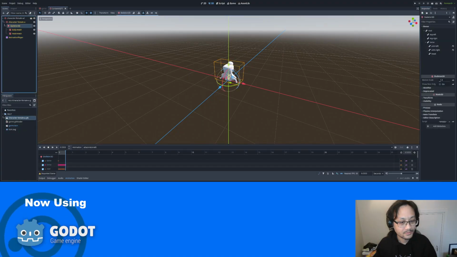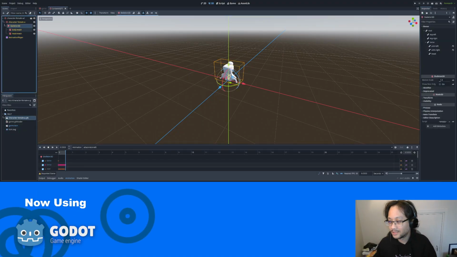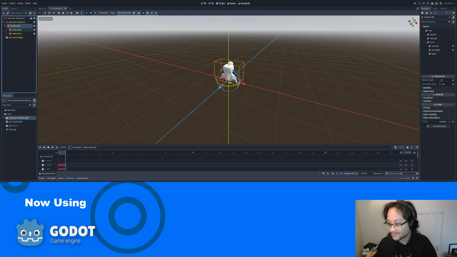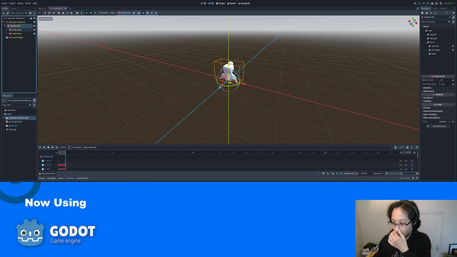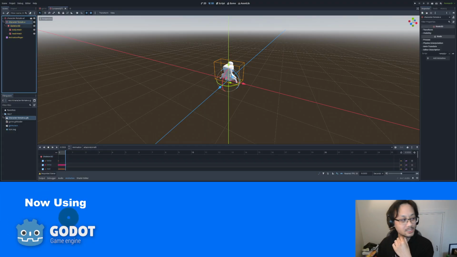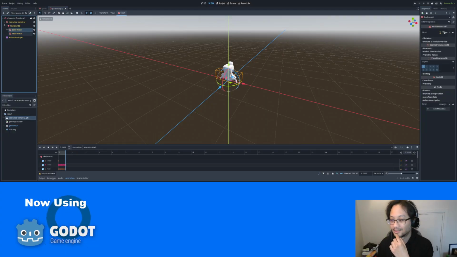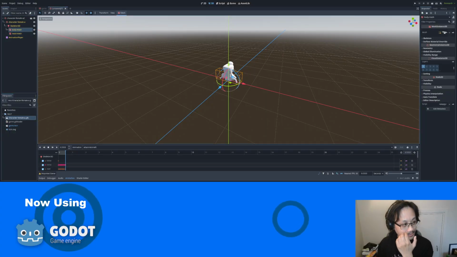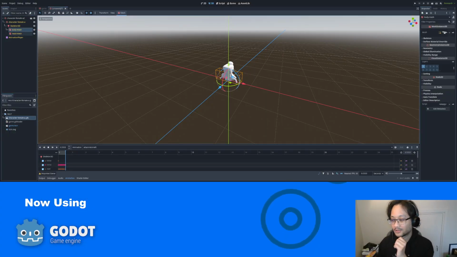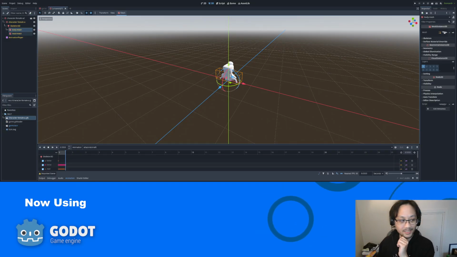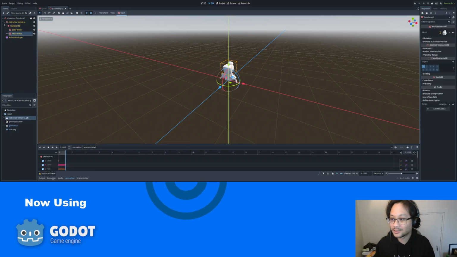Okay, Skeleton 3D. I know I should actually work on a game or work on one of these game jams, but for now I do want to just try and